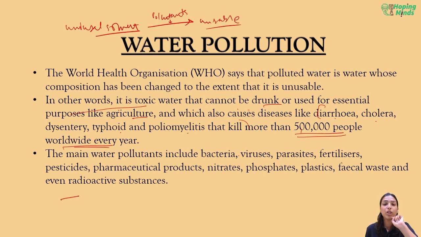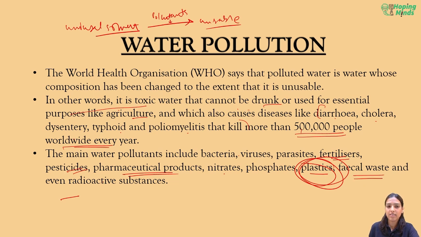The main water pollutants include bacteria, virus, parasites, fertilizers, very important, pesticides, pharmaceutical products, nitrates, phosphates, plastics, very, very important, fecal waste, and even radioactive substances. Fertilizers, pesticides, pharmaceutical products, plastics, fecal waste, and let me add